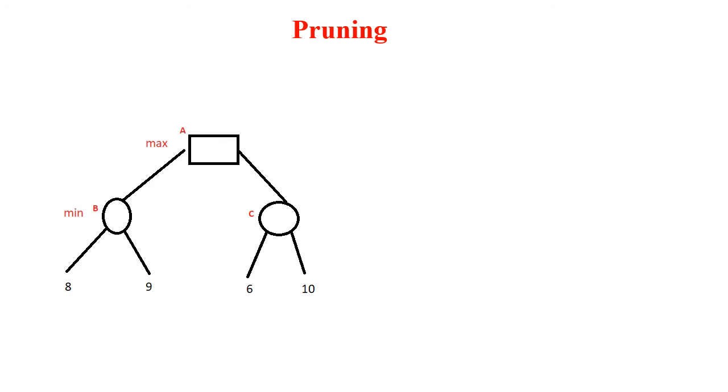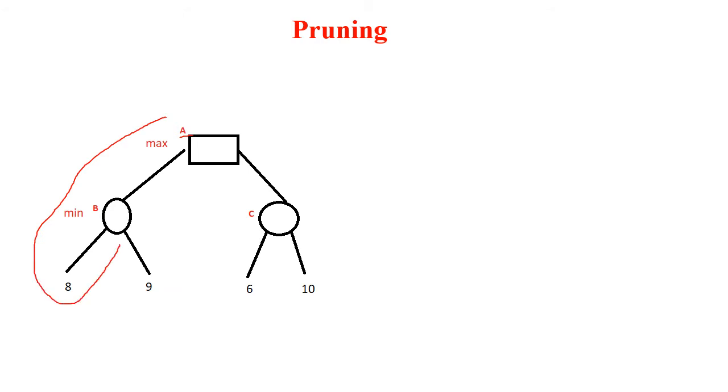Now, let's understand what this pruning means. And also, we have to understand what alpha and beta are and how we can select alpha and beta values. Consider this example. Here the root player is a max player. A is the root player which is a max player. A has two turns. It can either go through B or select turn C. In order to make a decision, A has to traverse depth first.